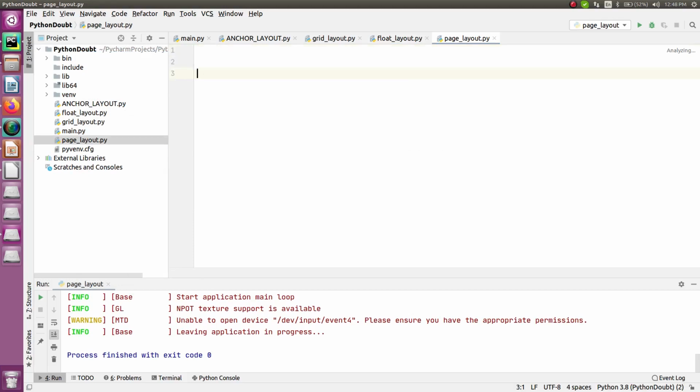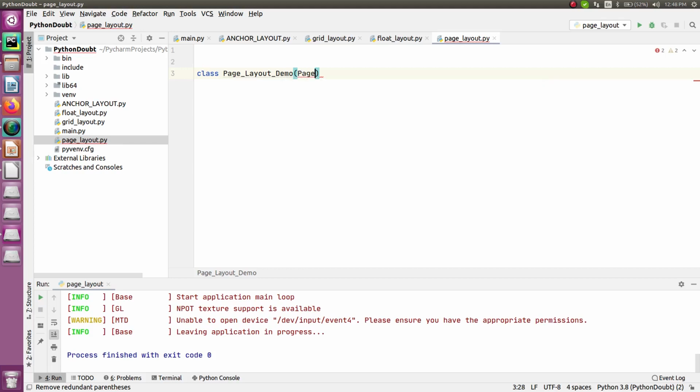Alright, so now let me start creating a basic class that we have already created in all the different layouts. Let me create that quickly, and here I'm going to give it the name page layout. In here you have to add another class, and that class is the page layout class. So you have to inherit it with the class that we are creating right now.